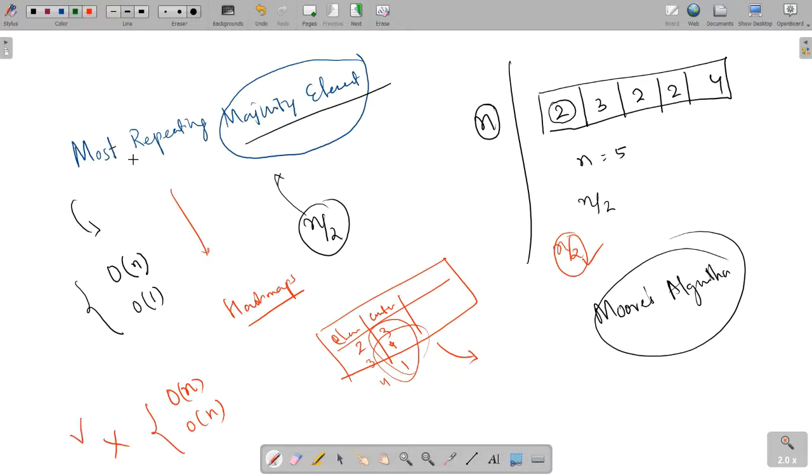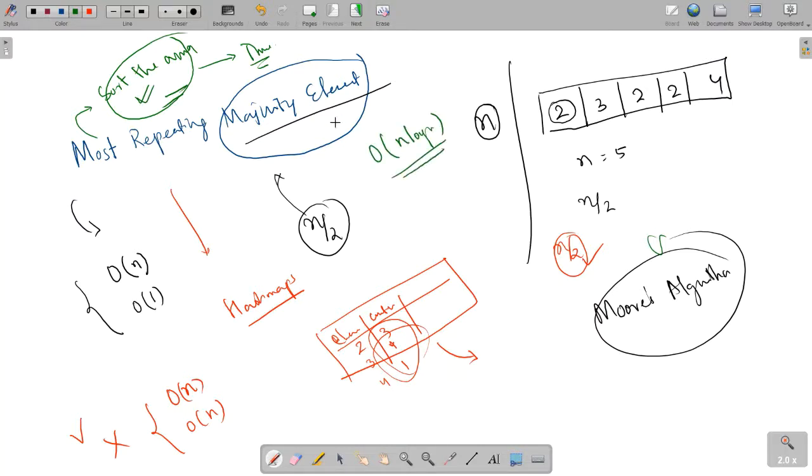The second process is the most common process that people prefer in interview problems, but there is an optimized algorithm, which is known as Moore's algorithm. This method is to sort the array. Most people make the mistake of not considering the time complexity of sorting the array, because sorting also takes some time. I can say it takes n log n time, whether you are using inbuilt functions or applying some algorithms.